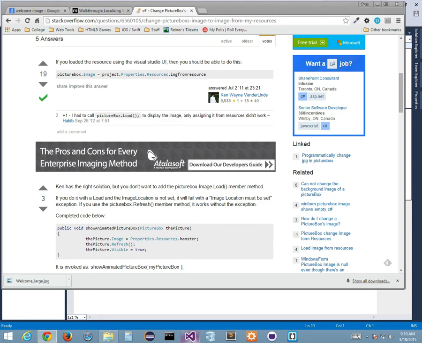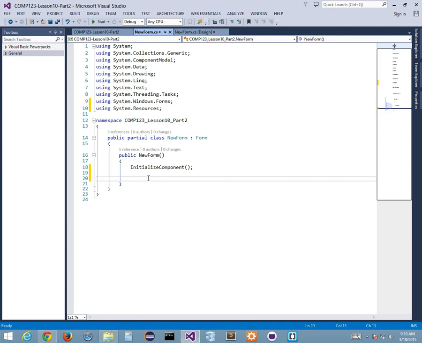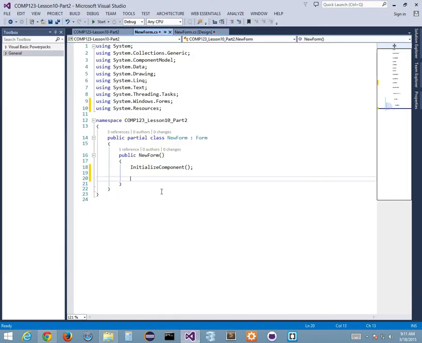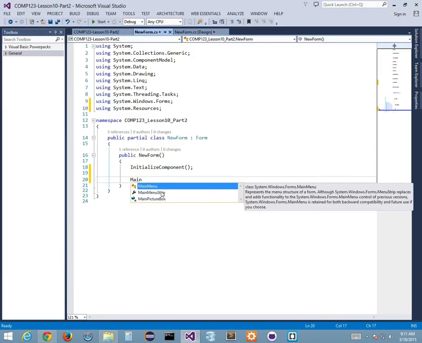Let's try this out. So let's go back. So I'm going to try it here, just like we did before. So the code is, and I'm just trying it at a random location. It may not be good in this context, though. I may have to change context. So I'm looking at my picture box.image. My picture box is called main picture box, right? So first of all, let's see if I can access main picture box from in here. Main picture box,